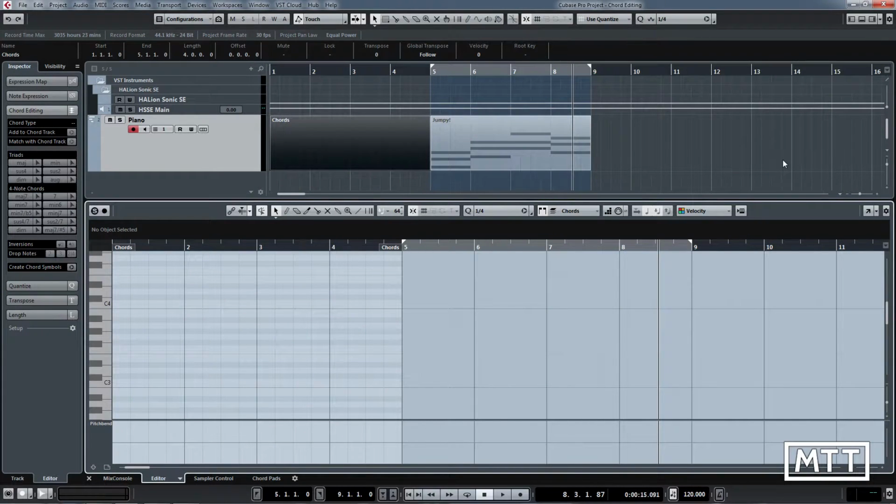Hi and welcome to this short video where we're going to take a look at Cubase's chord editing abilities. While there isn't anything revolutionary in any of this, this is a really useful set of tools to allow you to manipulate chords quickly and easily, but also it works well as a learning tool because in my experience